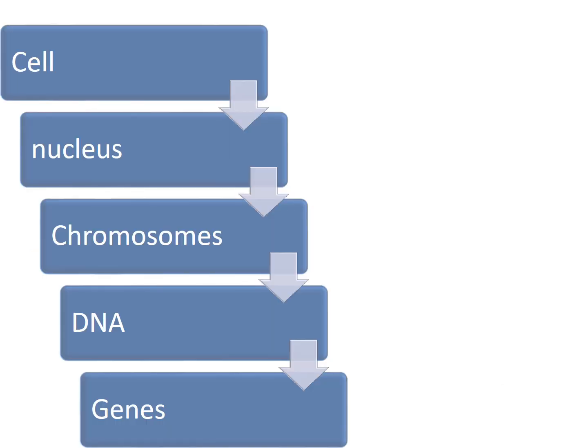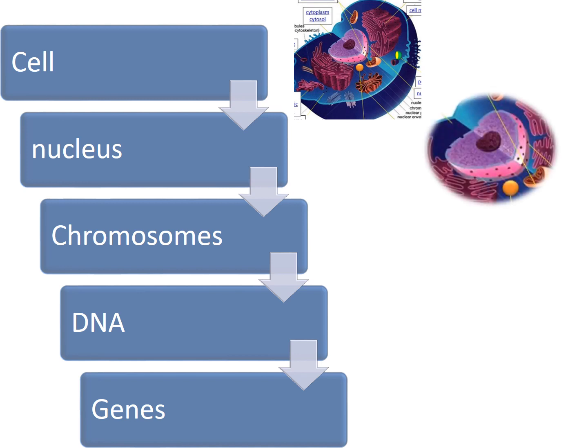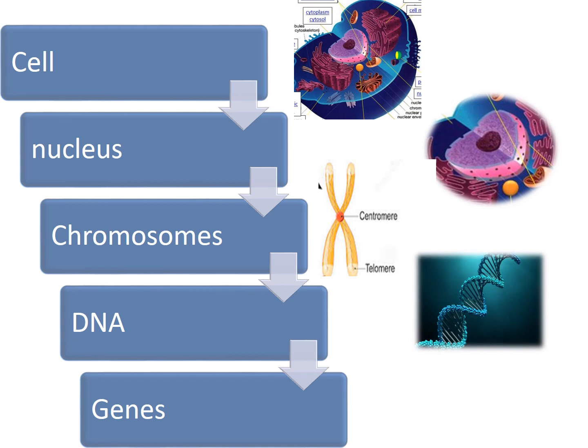So this is what we have seen. We saw about the cell, and I told you that from all the organelles, the nucleus is the one which takes active part in the process of heredity. We know that the nucleus has chromosomes, a total of 46 of them. Chromosomes are nothing but condensed form of DNA, and the DNA is formed by a number of segments which code or have messages, and these segments are called genes.